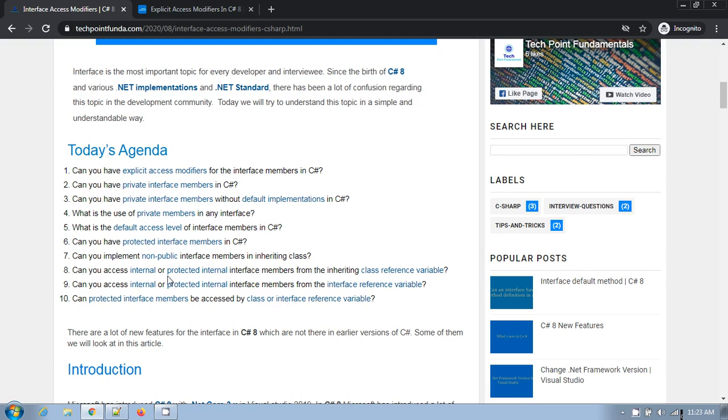And if the member is internal and protected internal, then you can't implement those members in the inheriting class implicitly. If you can't implement those members implicitly, then you can't access those members with the help of class reference variable. To access those members, you have to create interface reference variable.